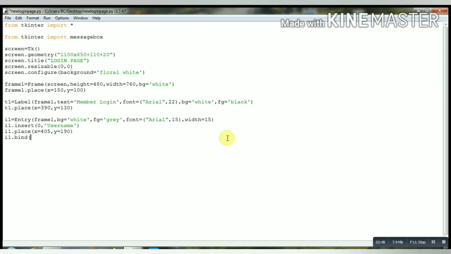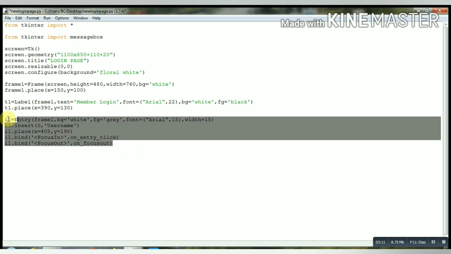Now we will bind it with focus in to on_entry_click, a function name. Now we will bind focus out to on_focus_out.